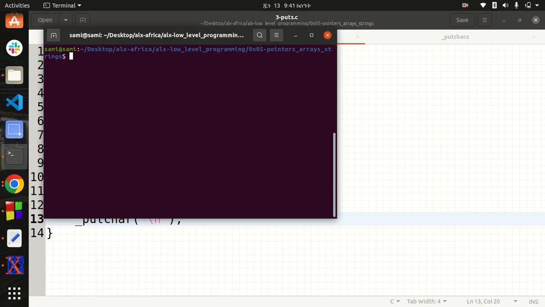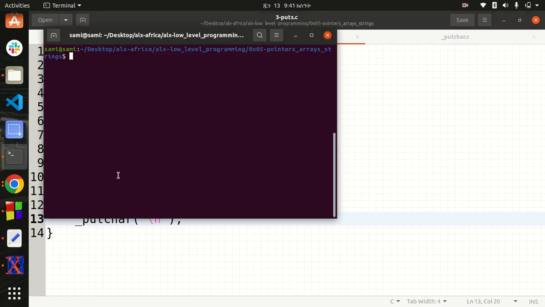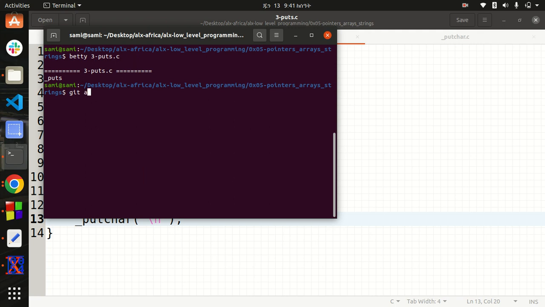Is there a return type? No, as it is void, it is not going to return anything. So I'm going to run Betty on my 3 puts, and it is Betty compliant. So git add all, git commit. We have done